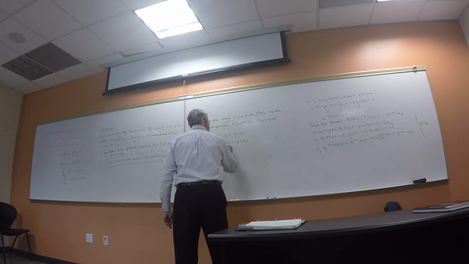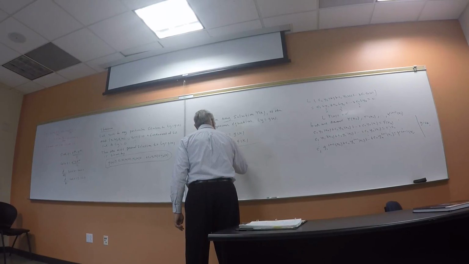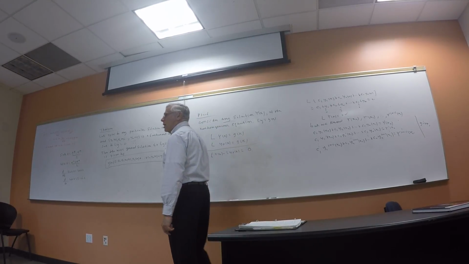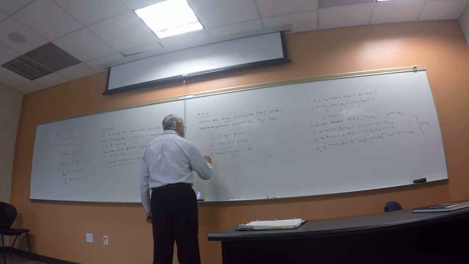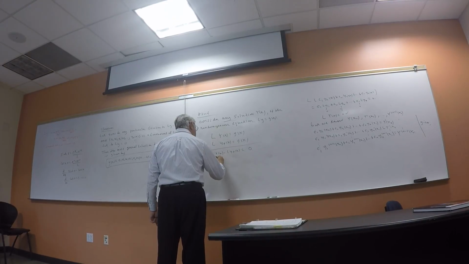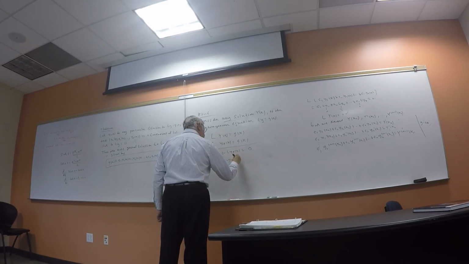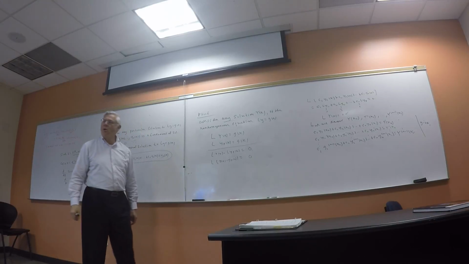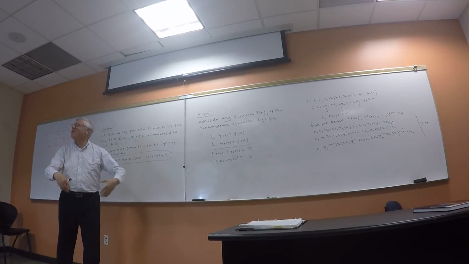What we do now is take these two equations and subtract them. L operating on big Y of x minus L operating on y particular of x is equal to 0. Can't argue with that. L is a linear operator, right? So the left-hand side can be written as L operating on big Y of x minus little y particular of x is equal to 0. Whoa, that's the homogeneous equation, right? I know the most general solution to the homogeneous equation. It's the sum of the fundamental solution sets. We proved that a few minutes ago, right? You have the homogeneous equation, L on junk equals 0. That junk is just